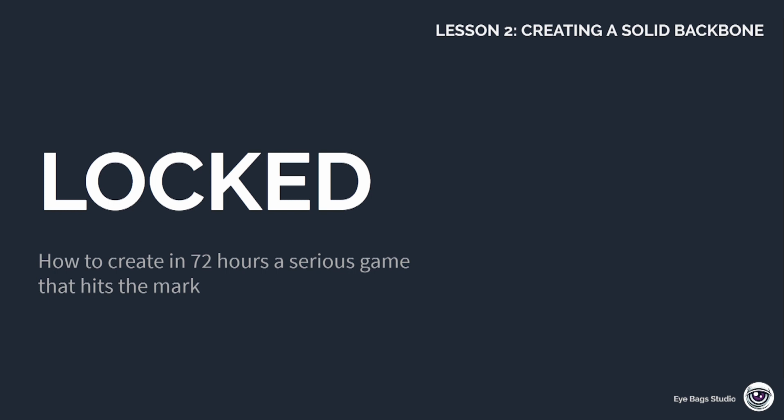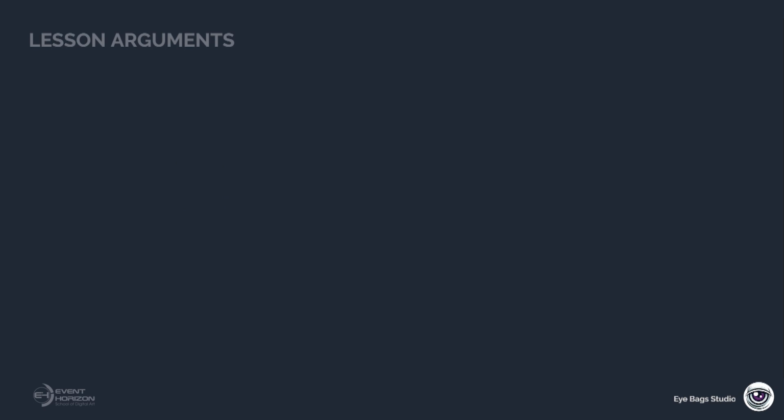And welcome to the second lesson of the series How to Create in 72 Hours a serious game that hits the mark. The topic of this lesson is the creation of a solid game backbone. In this lesson I'll talk about the design process and how to do it efficiently, having a very little amount of time. Second, the game personality, what it means and why it's so important